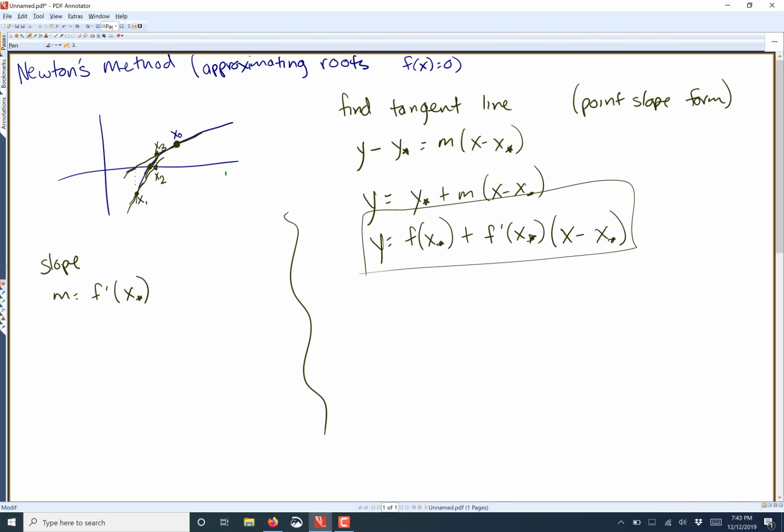But we're not done yet. This is, again, only the equation of our tangent line. So we found our slopes, we found the equation of our tangent lines. But what we're actually trying to do is find this root. So remember, each time I drew my tangent line,